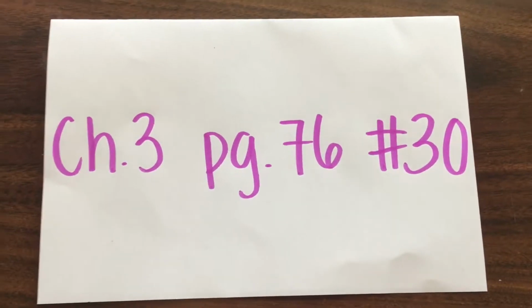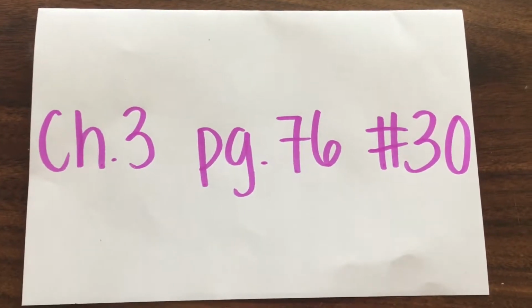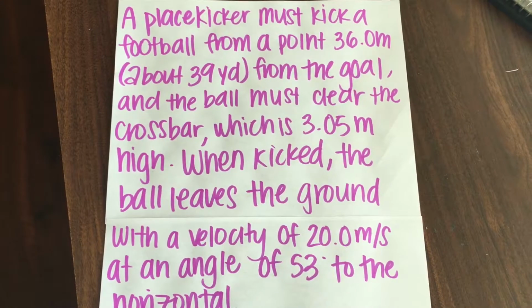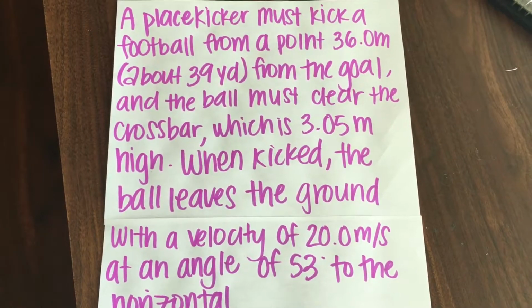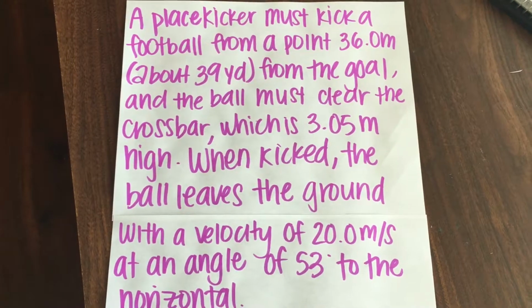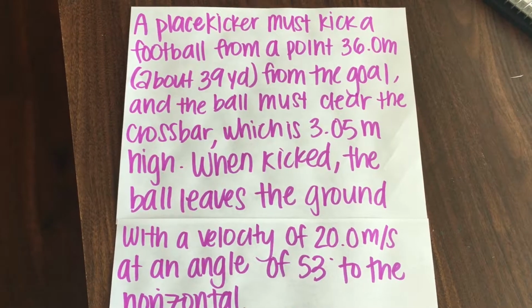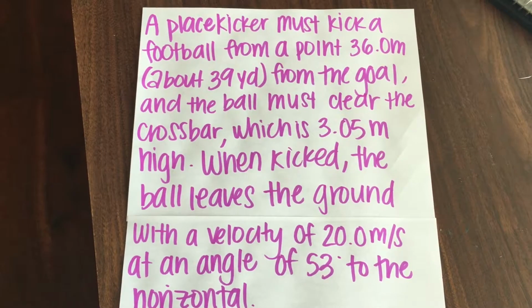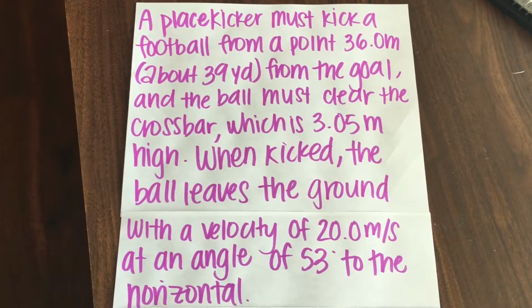Today I'm going to be doing a problem from Chapter 3 on page 76, number 30. A place kicker must kick a football from a point 36.0 meters from the goal, and the ball must clear the crossbar, which is 3.05 meters high. When kicked, the ball leaves the ground with a velocity of 20.0 meters per second at an angle of 53